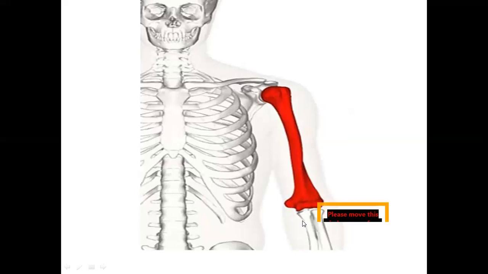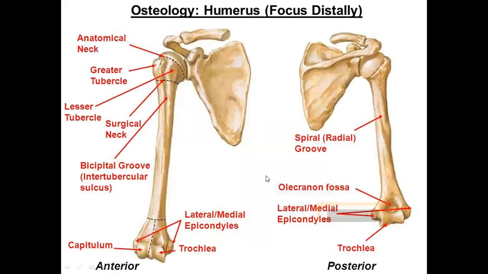What are the forearm bones? Medially we have ulna, and laterally we have radius. The upper end of the radius and ulna and the lower end of the humerus articulate to form the elbow joint. So the humerus proximally forms the shoulder joint, and distally it takes part in the formation of the elbow joint. This picture further highlights these things: this is the humerus.